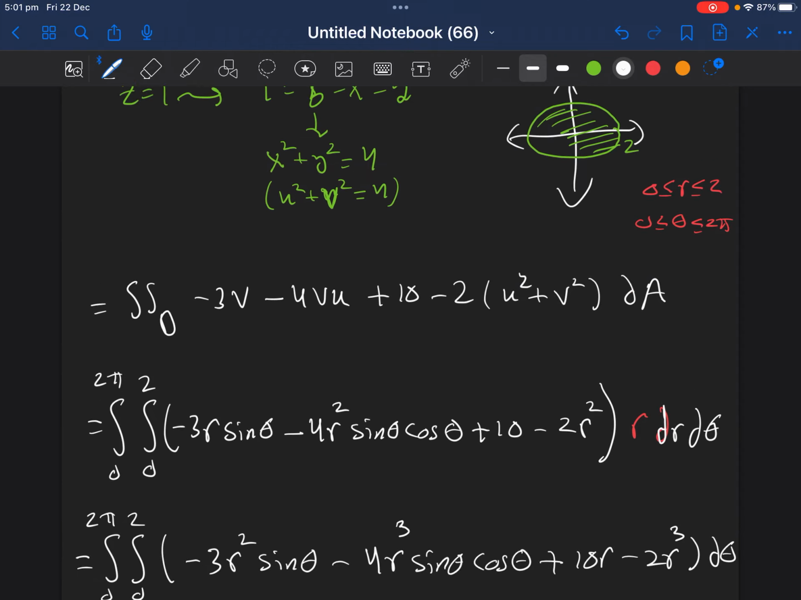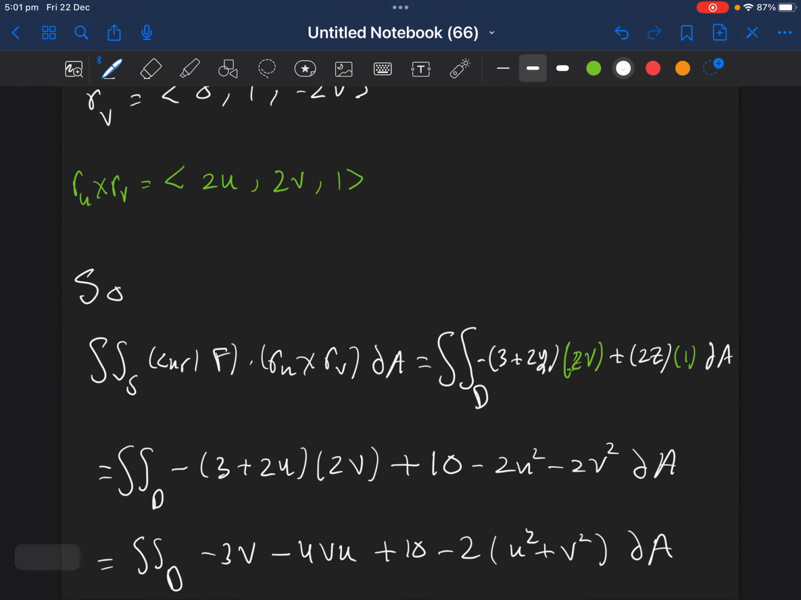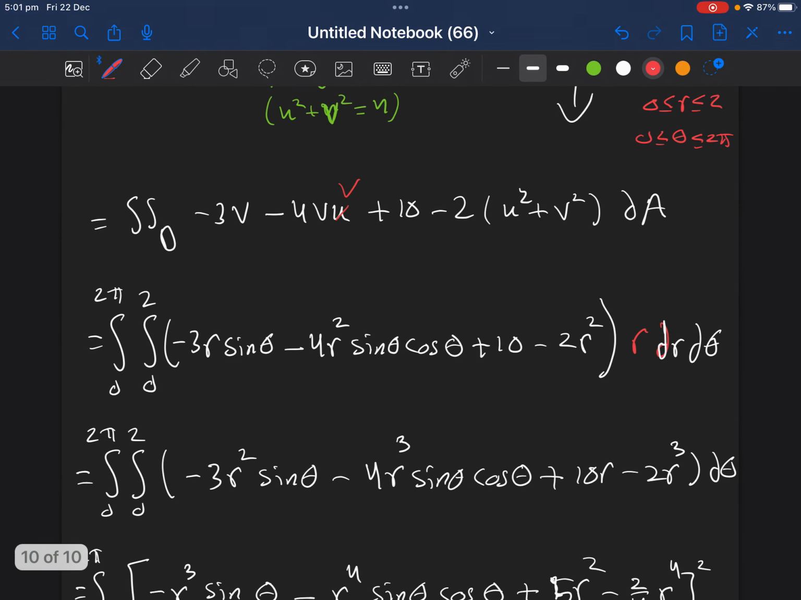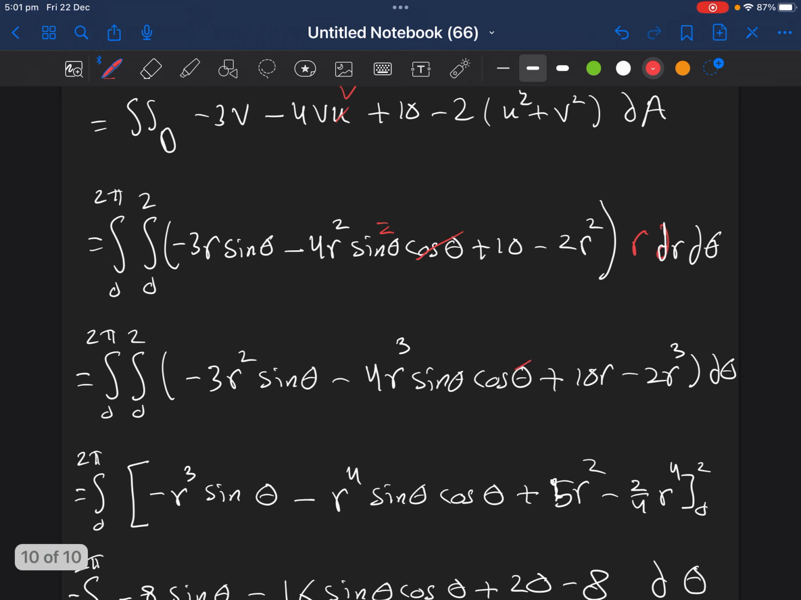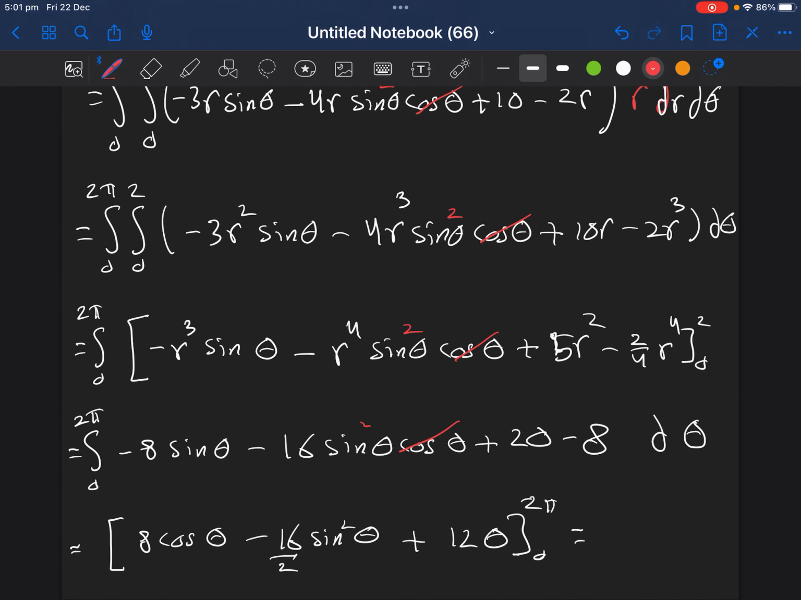Okay, I think I know where the mistake I made is. It's from the beginning. The mistake is here. This one should be just v. So we have to change this one into v, this one into v. So this would be cancelled, this would be squared, this would be squared, this should be squared, this should be